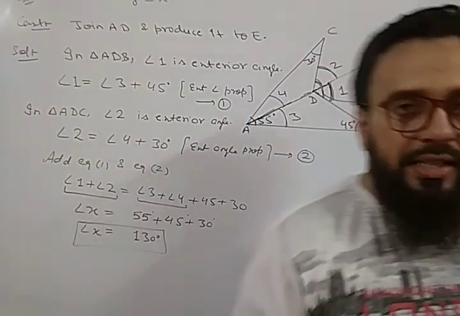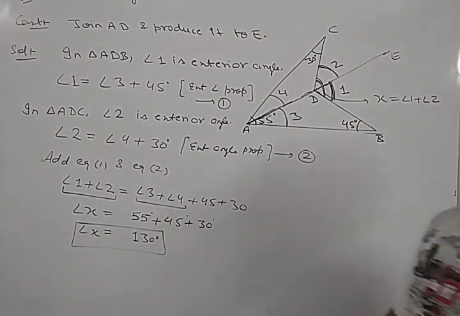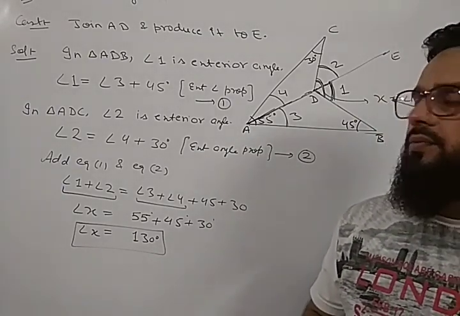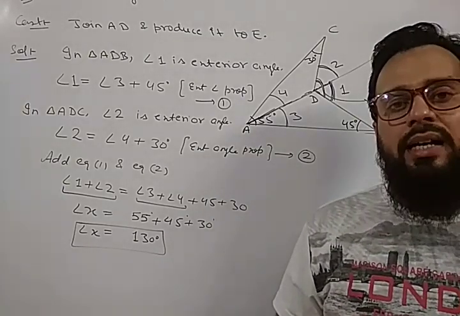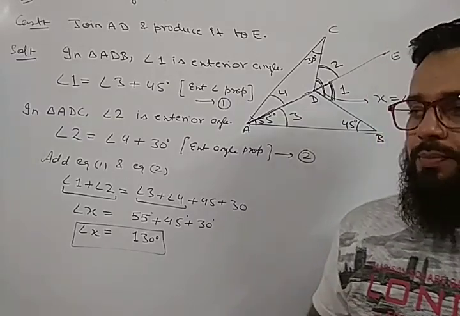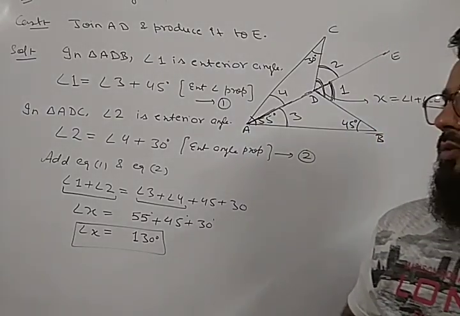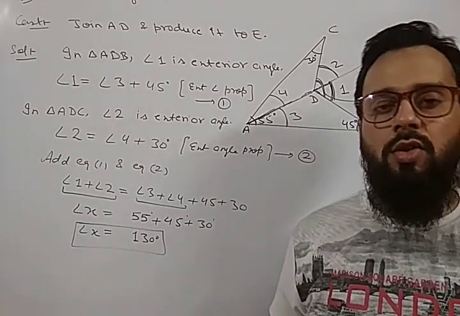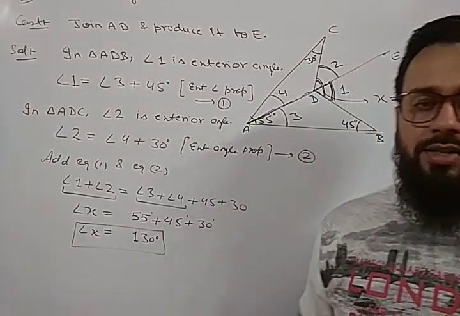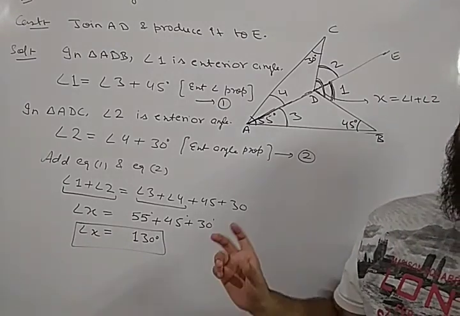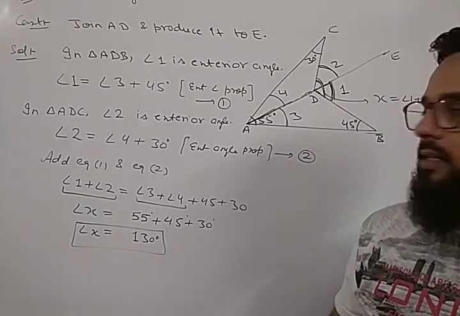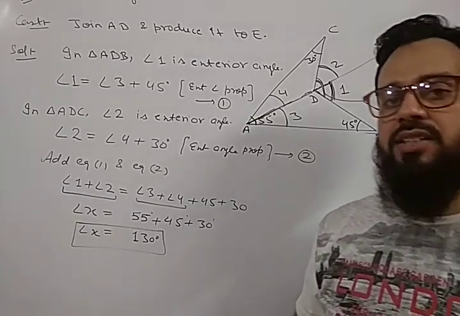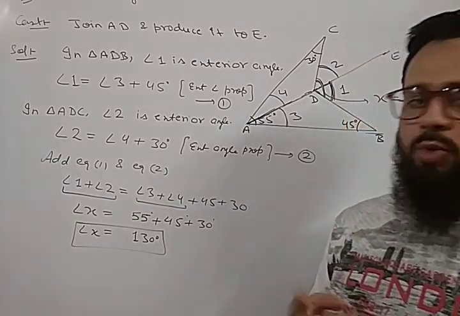So today we have completed the questions based on exterior angle property. Till here we have completed lines and angles, and most of the part of the triangles is complete. Hardly one more lecture is required to solve some more important questions of lines, angles and triangles. Then in the next video we will complete this whole chapter, lines, angles and triangles, and then further we will proceed with the next chapter. So one more video is required.